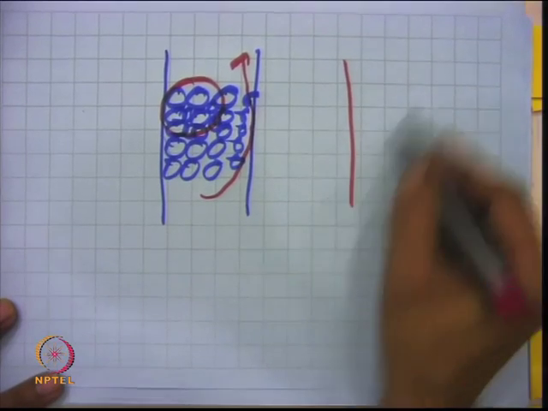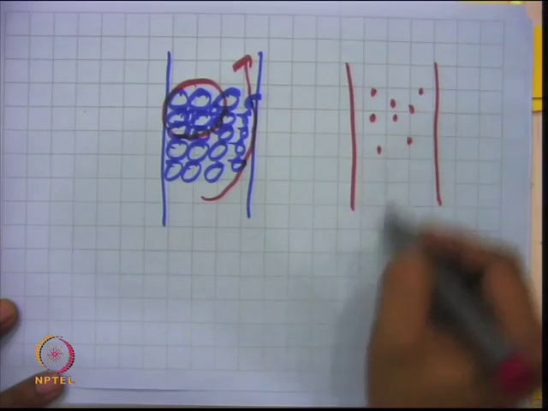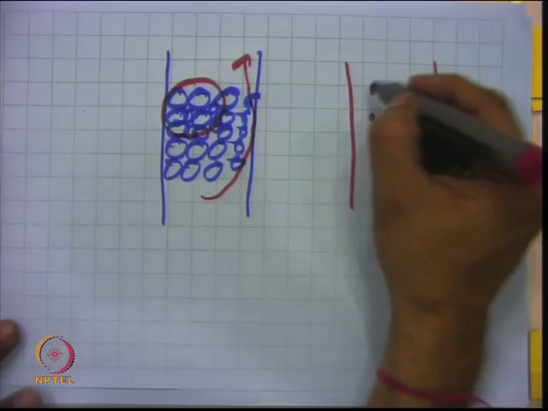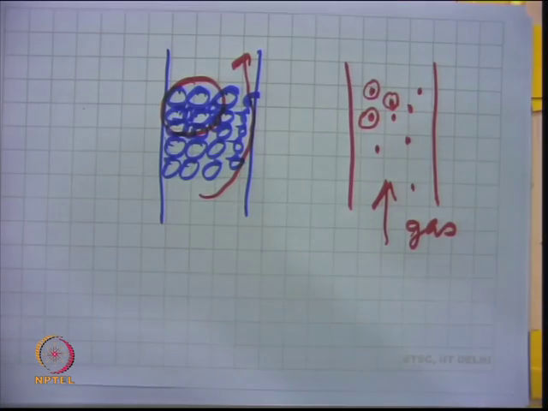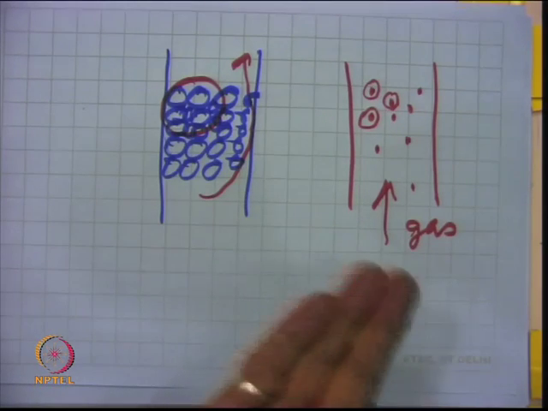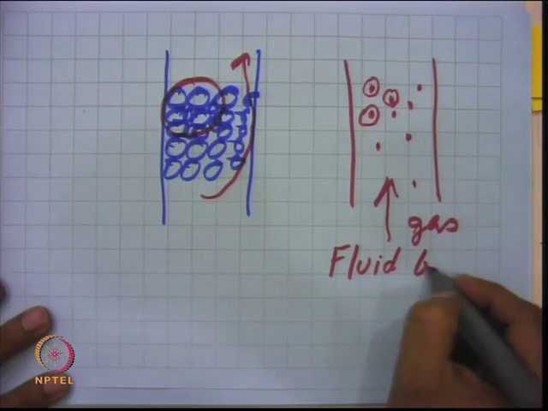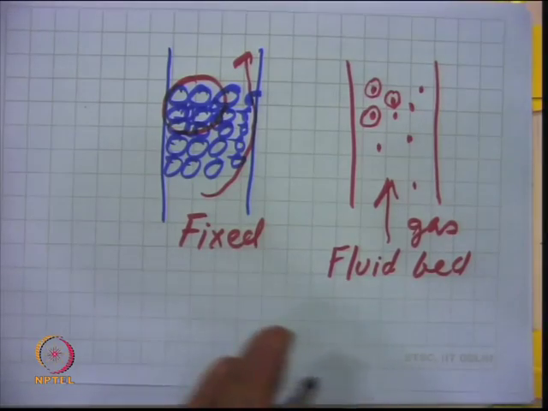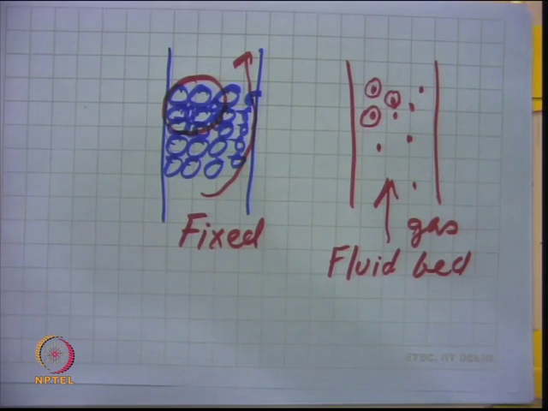If you have, in contrast to this, you want a good contact and you make a fine powder like this, and allow it to pass with the gas from the bottom, now they are in suspended form. So, every solid particle is free to contact, just like in water where you have some dissolved solid, and they are well dispersed throughout. So, something like a fluid type condition. So, this is a kind of fluidized bed, fluid bed, and this is a kind of fixed bed. So, fixed versus fluidized, one can see that the contact will be better here. So, that is the advantage in the case of fluidized bed.